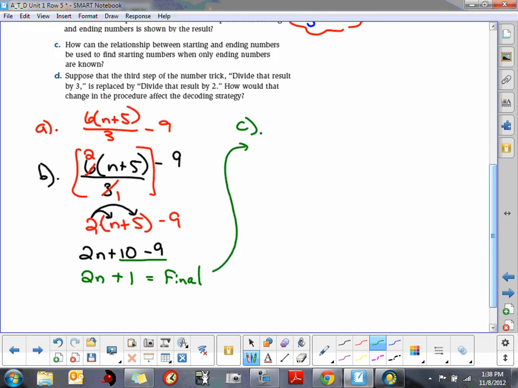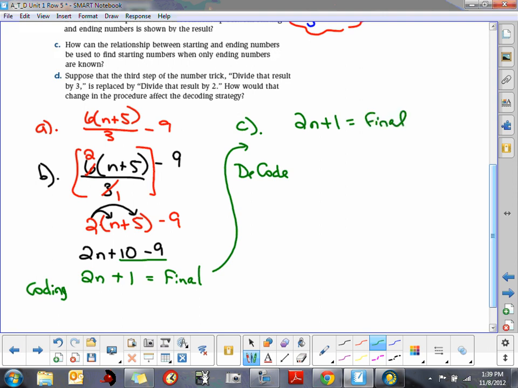I'm going to bring this back up here because this is what our coding was. Our coding is kind of what really happened to the number we started off with. We coded it by doubling it and then adding 1. Now they're asking us to decode it. If you decode it, you want to reverse it. So subtract 1,